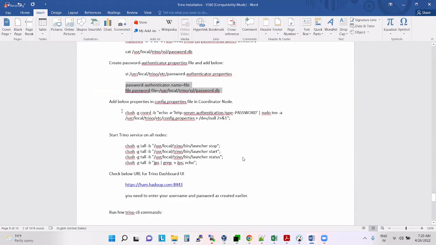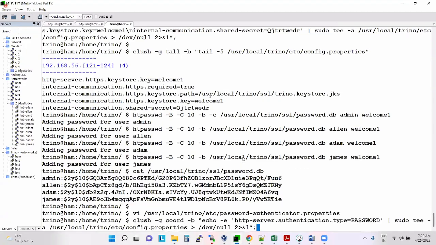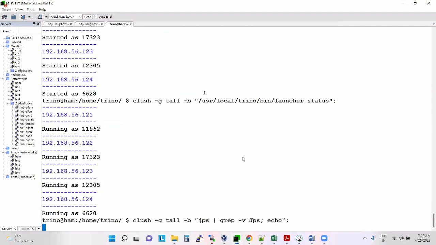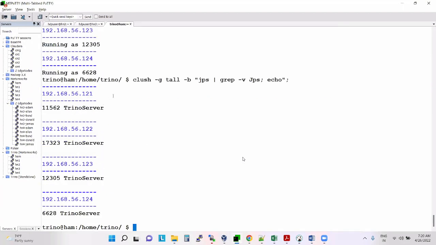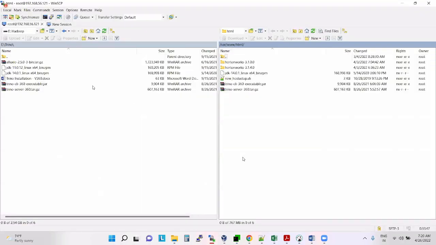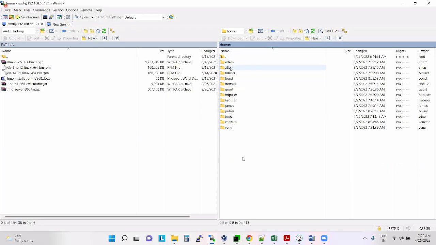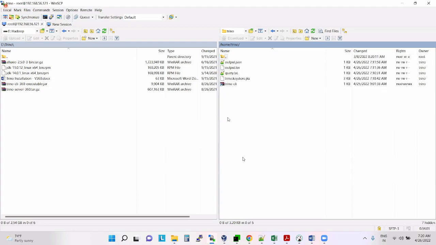So it's done, all the steps are done. Now you start the Trino service. It started in all the nodes. But if you want to connect to this, we need the JKS file. So the JKS file is in, I connected to the 121 machine, from home Trino. In this, this is the JKS file. So what I will do is bring it to